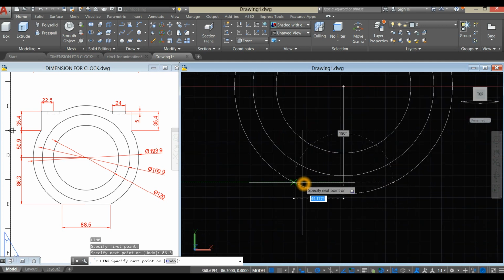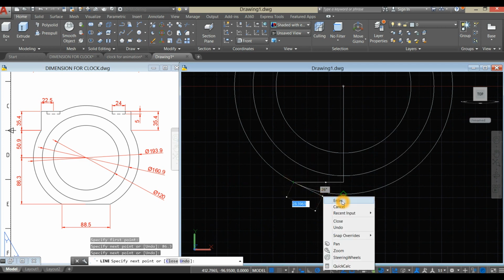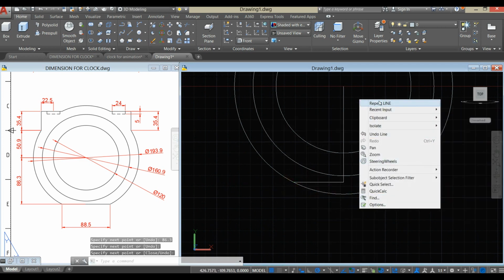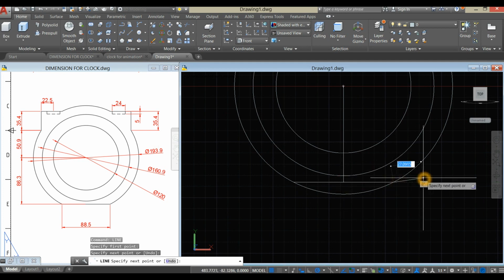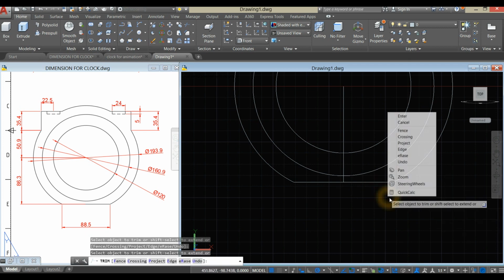Bring it to the left or to the right and click that intersection. Make another line and click that intersection. Type TR for trim command, double click,